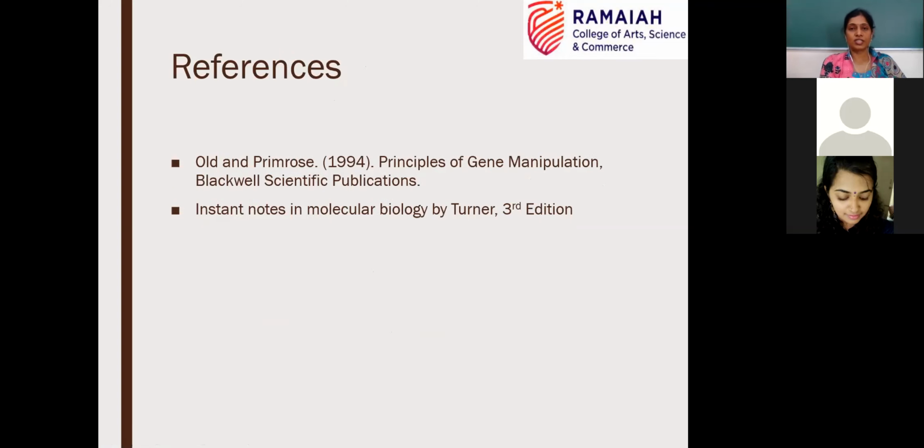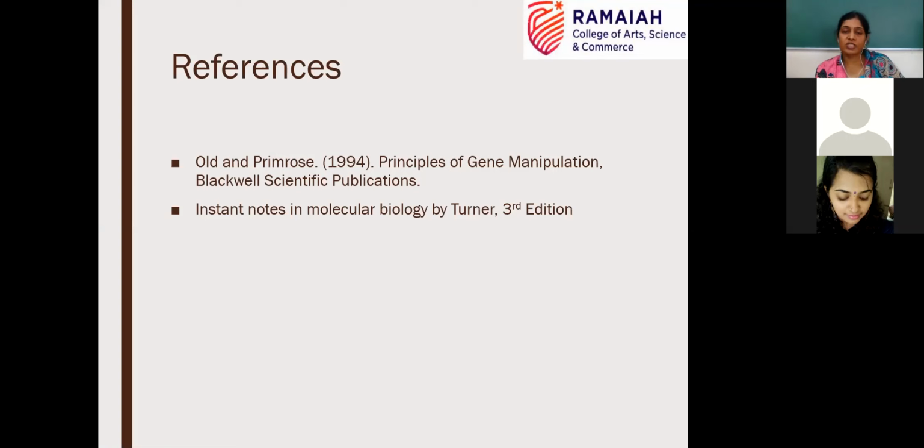So this is all I wanted to discuss in today's class. In the university exams, it can be asked as one essay question: explain the types, mechanism of action, properties, nomenclature, and the uses of restriction endonucleases. So we have discussed what restriction endonucleases are. They occur as restriction modification systems. It has got two components. Naturally, it occurs in organisms as a defense mechanism.